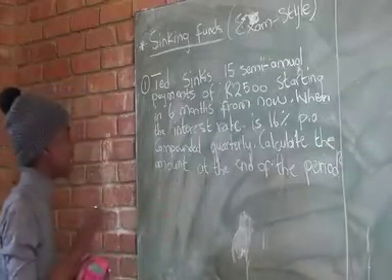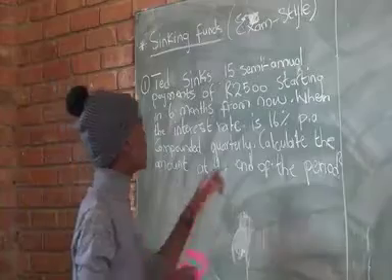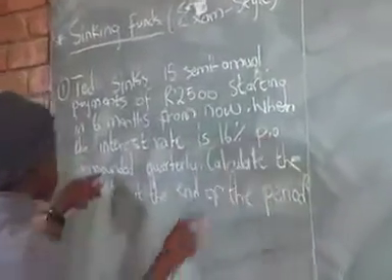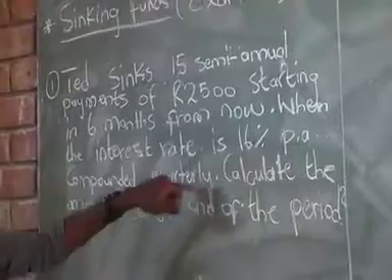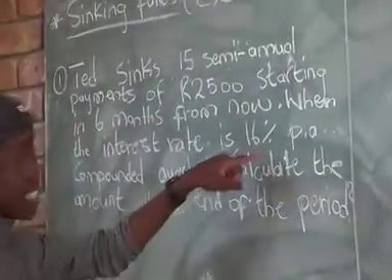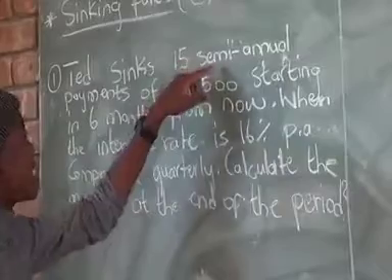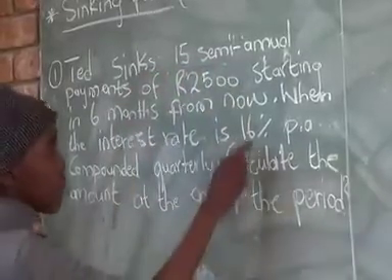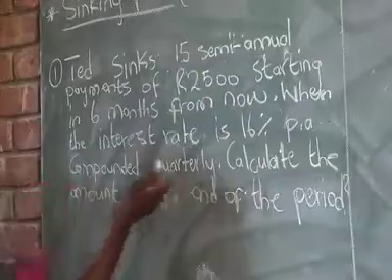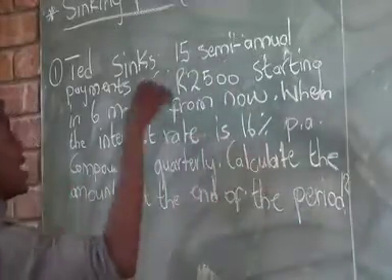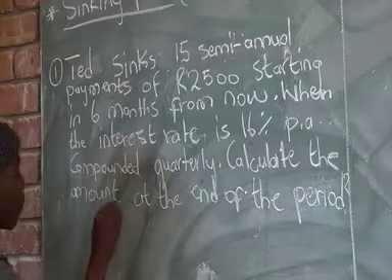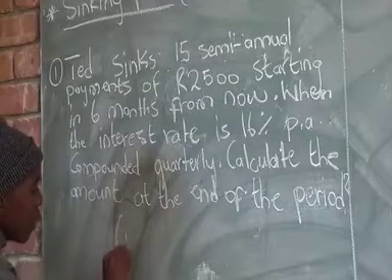But the first thing I need to show you is that if you look closely here, this interest rate is compounded quarterly, but here we are working with semi-annual payments. So we first need to convert this interest rate into a semi-annual rate. We cannot just work with it like this, because this way it's quarterly. So we must first convert it into a semi-annual rate. This is what we're just going to do. We're going to say 1 plus